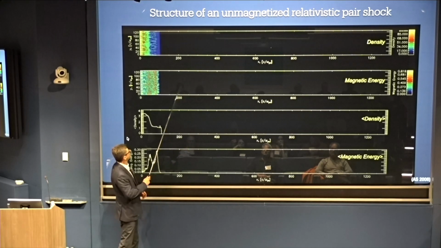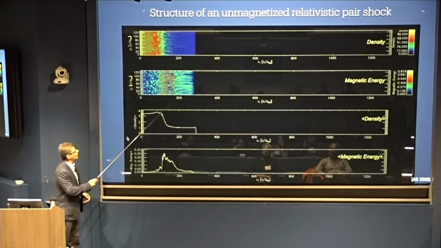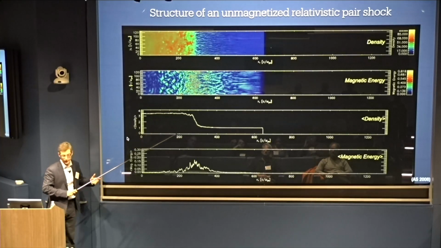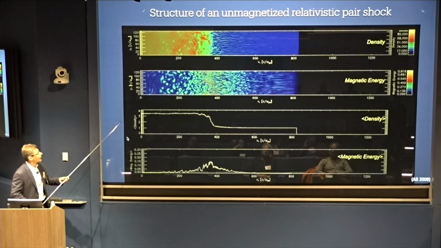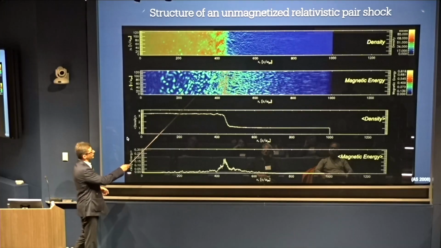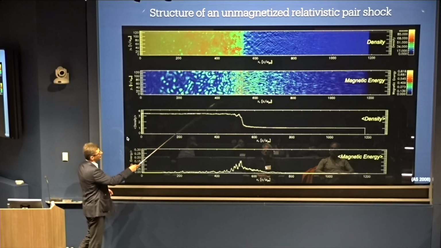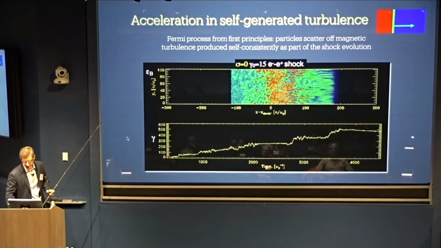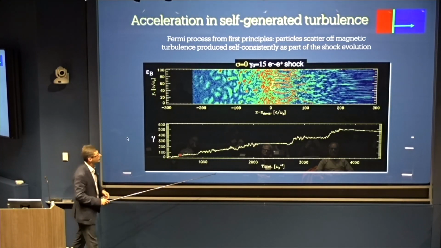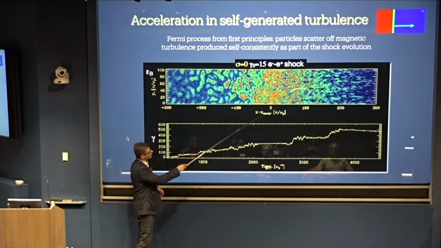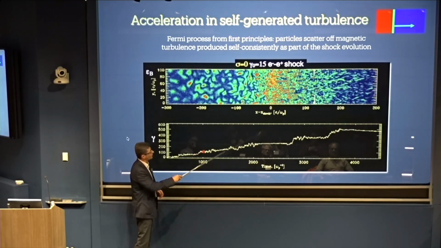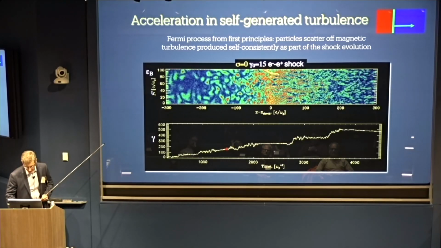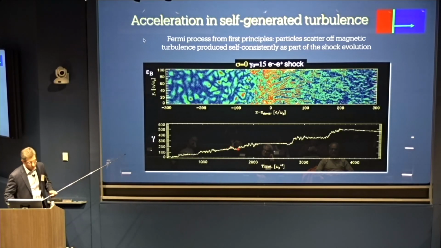What will happen is that this turbulence is driven by the returning particles from the shock. It's the counter-streaming instability, the electromagnetic version of it. And that drives fluctuation of the magnetic field. And then if a particle can get stuck in these filaments, it will get accelerated, and that's what we see. So these particles get stuck in the filaments. As they swim around, they will gain energy. OK, so that's the usual story.